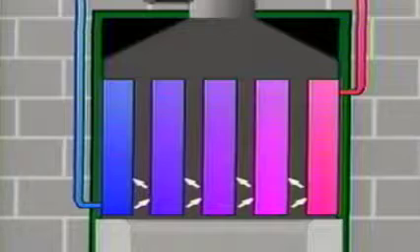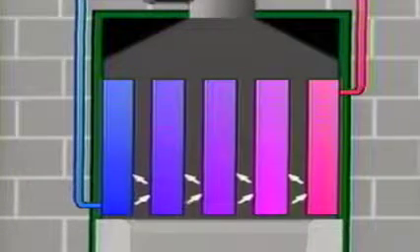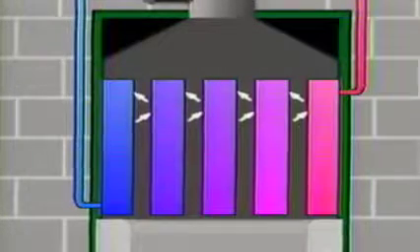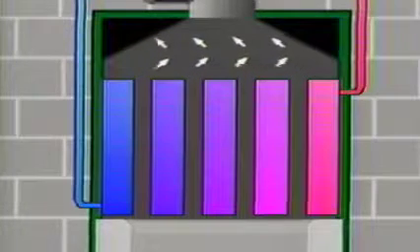By keeping the temperature high on the combustion side of the heat exchanger and by circulating the air or water on the transfer side, maximum heat is drawn into the air or water. By increasing the surface area of the heat exchanger, more heat is drawn into the air or water. Lowering the excess air used in combustion also increases contact time, since a smaller volume of hot combustion gases is